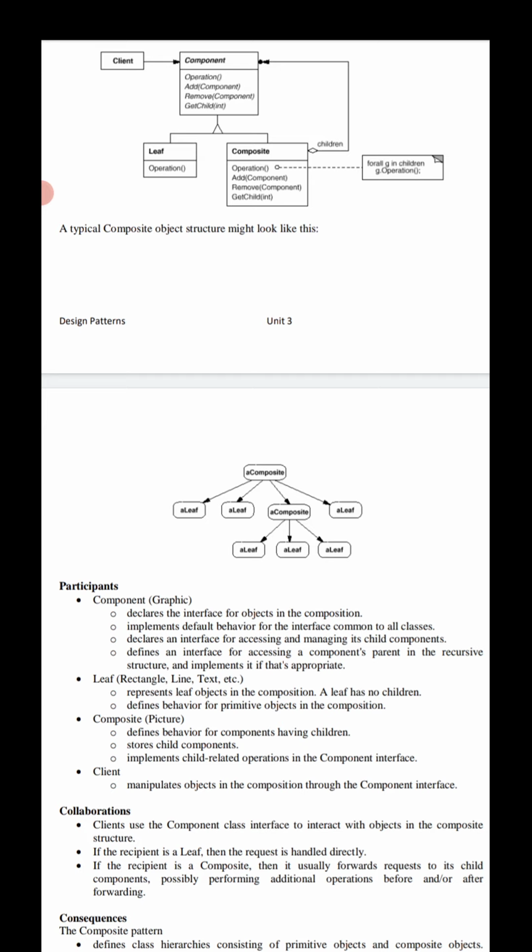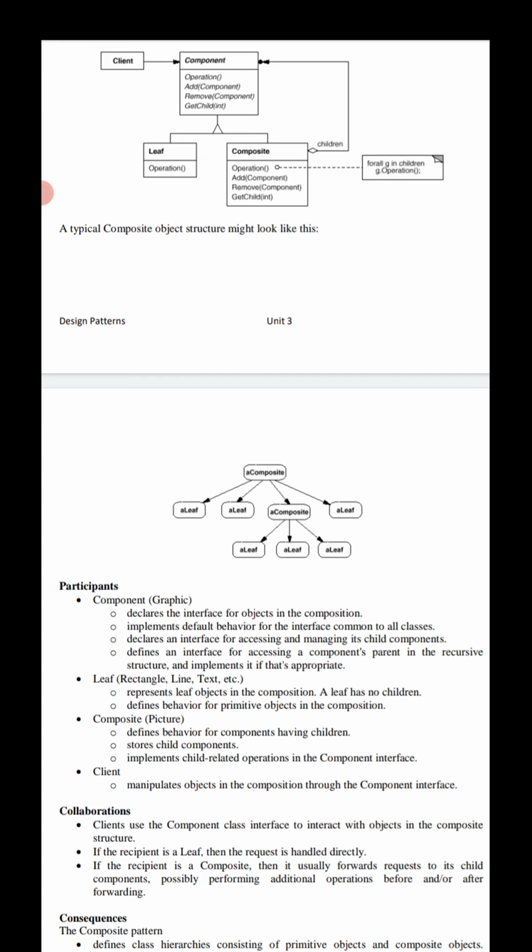And coming to one more structure, the composite. In the motivation section, we need to represent a picture. Yes, exactly. We need to define behavior for components having children.